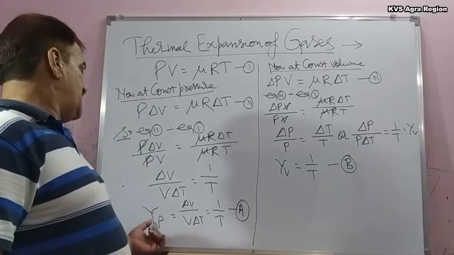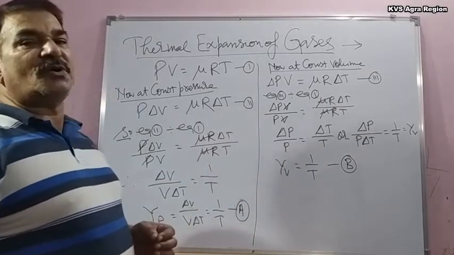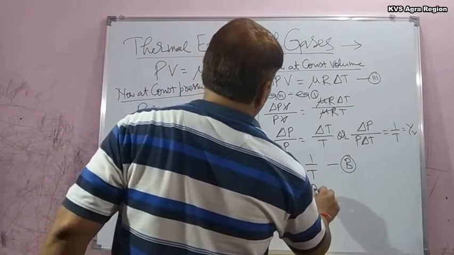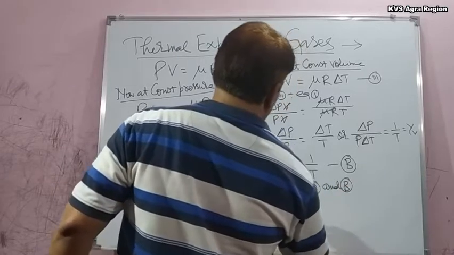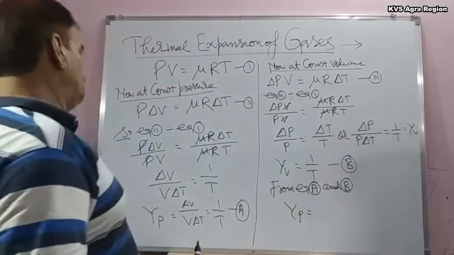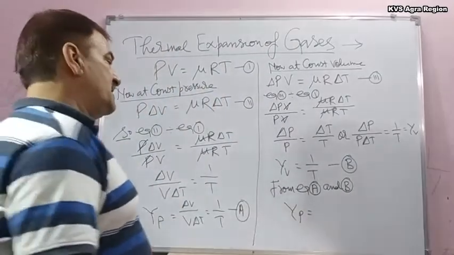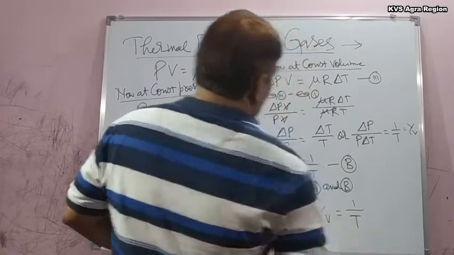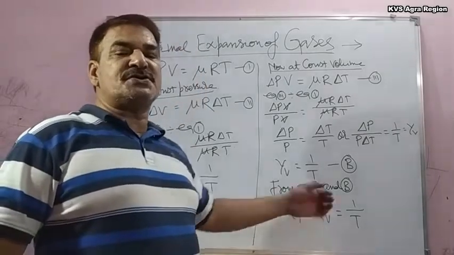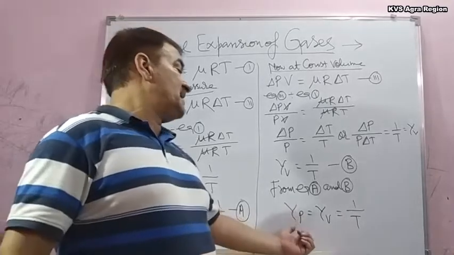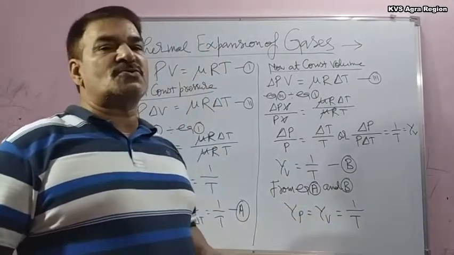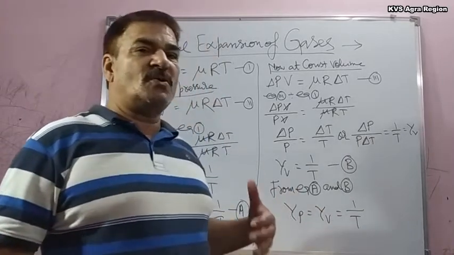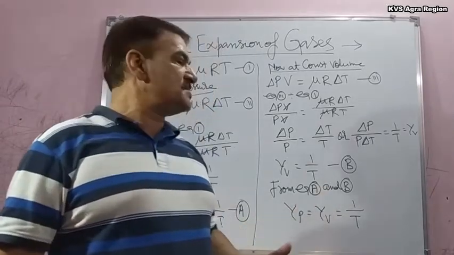So from equation A, gamma P is equivalent to 1 upon T, and gamma V is also 1 upon T. So on comparing equations A and B, this gamma P, the coefficient of volume expansion at constant pressure, is equivalent to the coefficient of pressure expansion at constant volume, and it is equivalent to 1 upon T. This means the coefficient of volume expansion and the coefficient of pressure expansion, at constant pressure and at constant volume, are inversely proportional to the temperature, equivalent to 1 upon